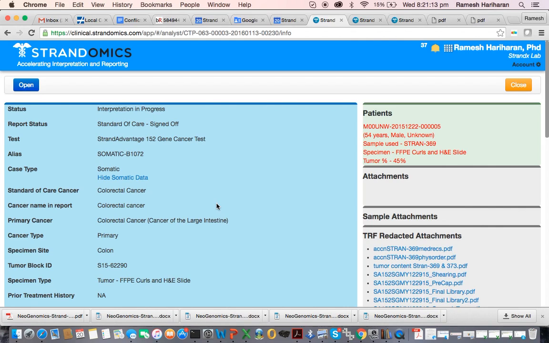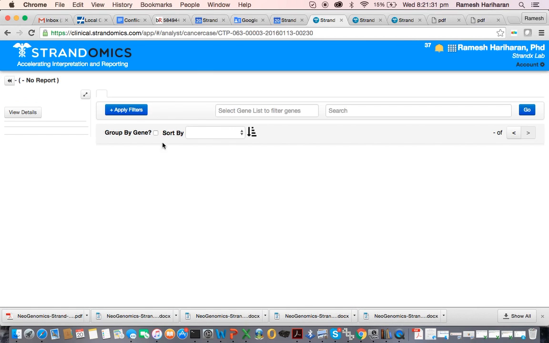Our variant calling happens in a separate platform called the Strand NGS platform, which has quite elaborate pipelines for all kinds of variants, including structural variants and copy number variants, and those are already fed into the Strandomics system. So now when we open this case,